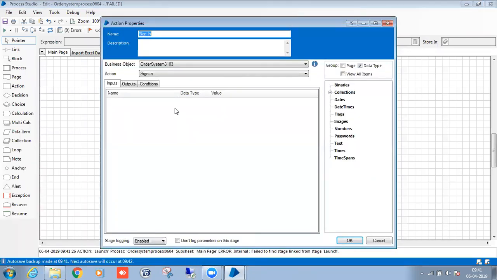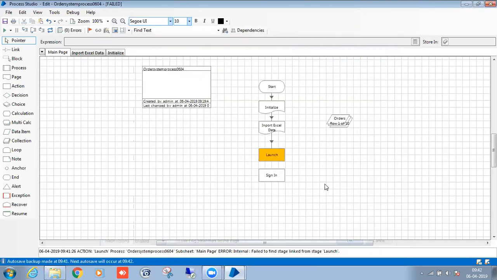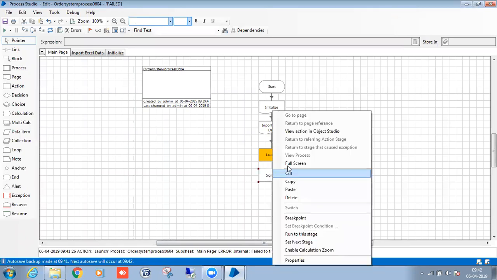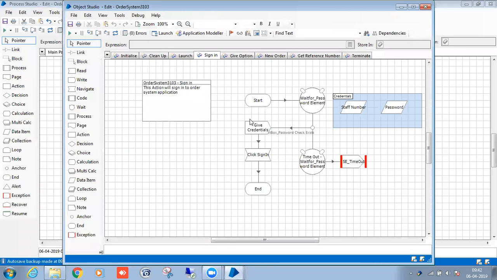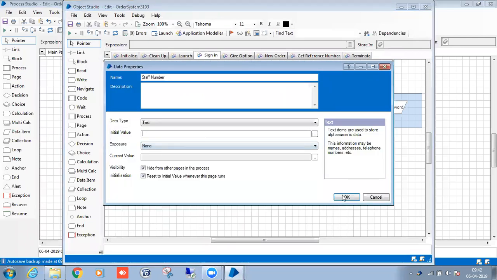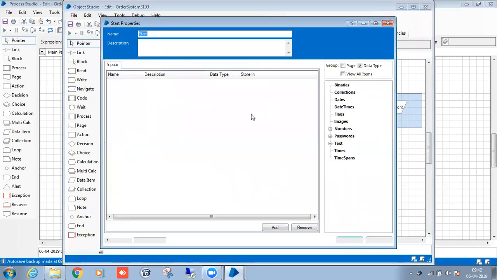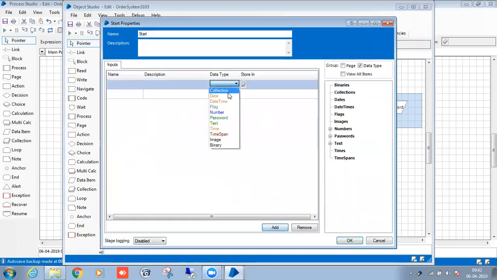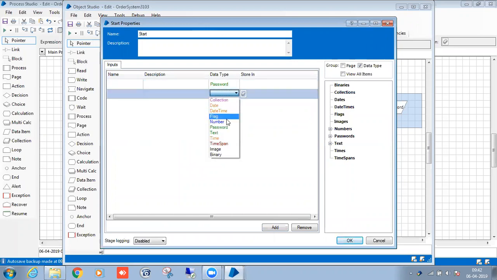These credentials you have to pass from my process, right? But here there are no inputs and no outputs. Why? Because we haven't created any input parameters in the Object Studio. So we have to create them now. We get the username and password from the process, so we have to create the input parameters. One is the password, one is the text.